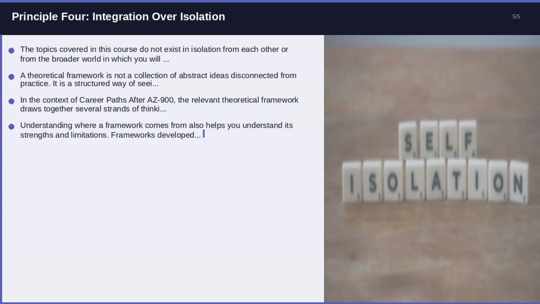Principle 4. Integration over isolation. The topics covered in this course do not exist in isolation from each other, or from the broader world in which you will work. Career paths after AZ-900 connects to and depends upon other areas of Microsoft Azure Fundamentals, AZ-900, and those in turn connect to broader professional practice. Learners who treat each unit as a separate island miss the synthesis that separates genuine expertise from